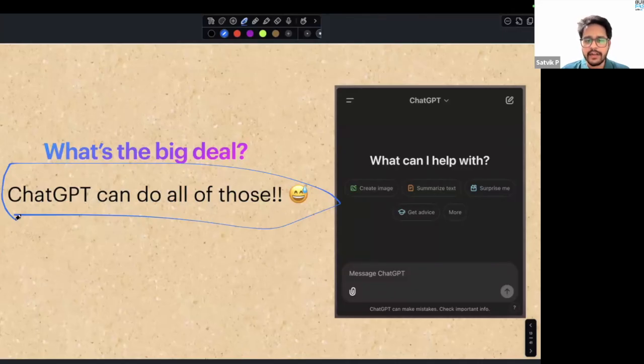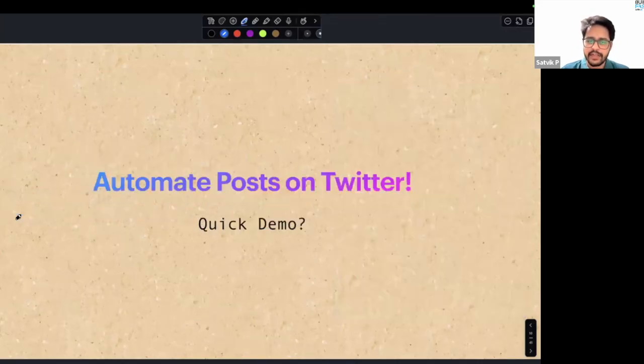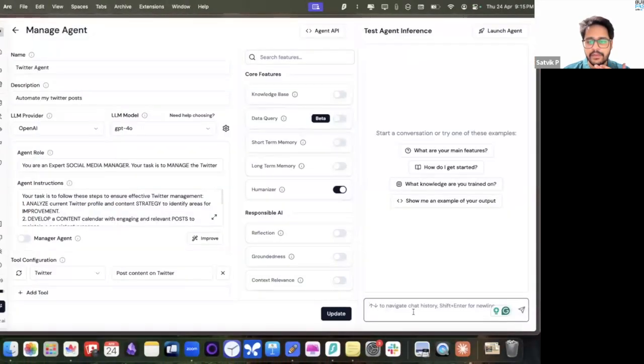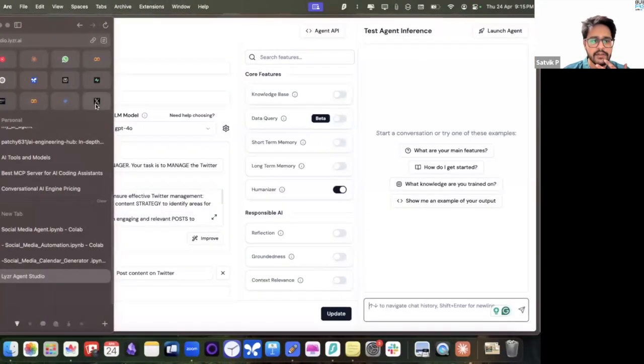So let us answer that with a demo, right? Let's say I want to write a post on Twitter. What if I can just tell a ChatGPT-like agent to create a post and it'll automatically post it for me? So let us see a demo of how that happens. Let me go to an agent. But here, let me go to my Twitter first,